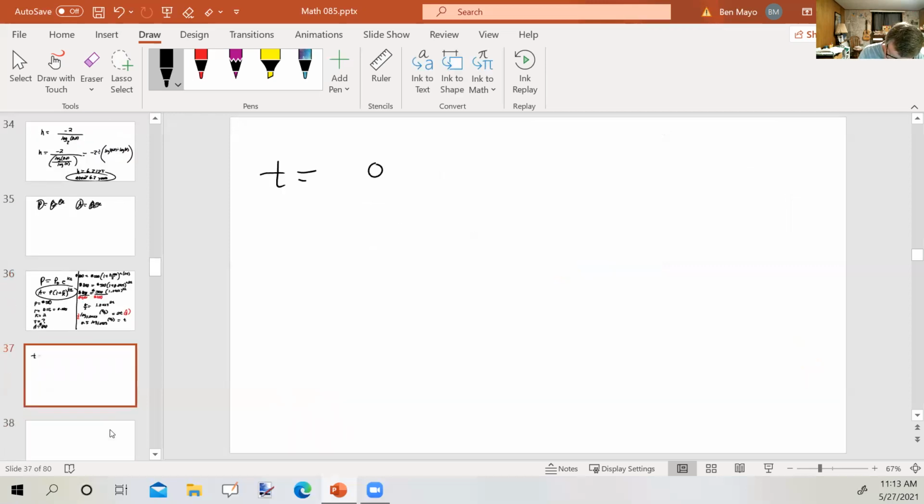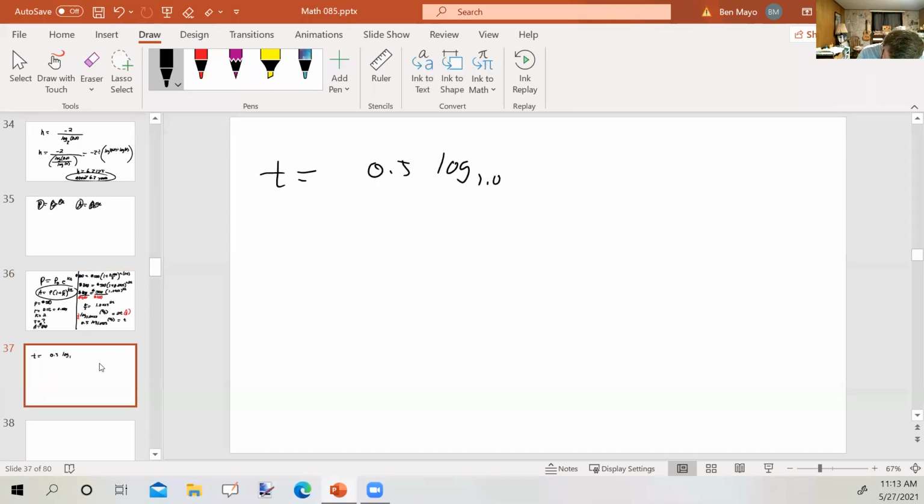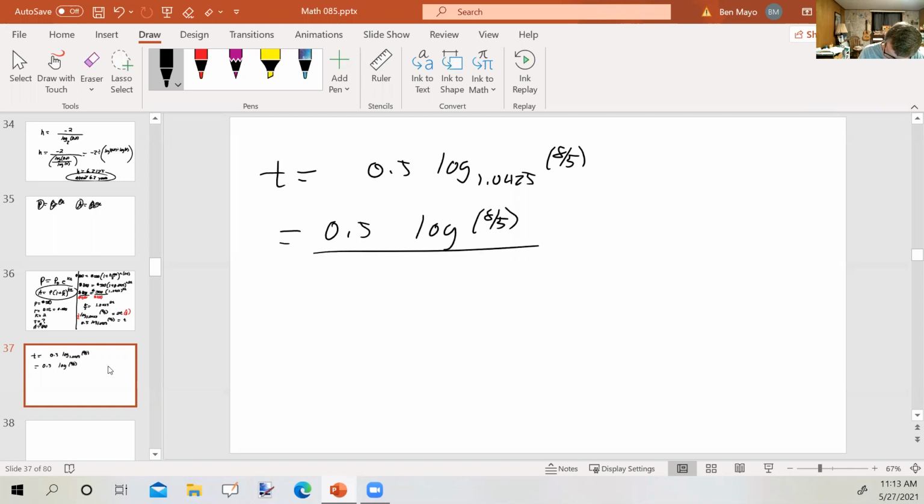So now I've got t equals 0.5 log base 1.0425 of 8/5 using the change of base formula. I'm going to have this massive thing. Isn't that fun? Fun for whom, you say? Okay, so 0.5 times the log of 8/5, close that up, divided by the log of 1.0425, close that up, and I get